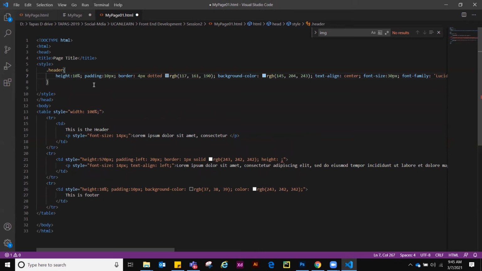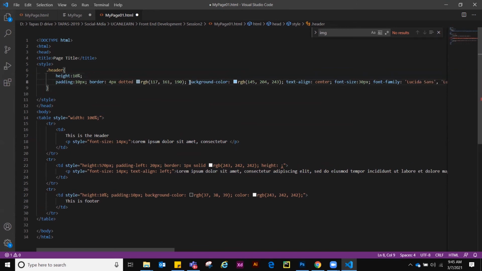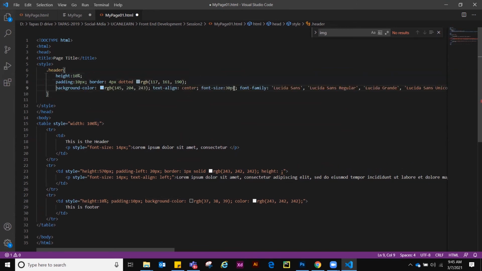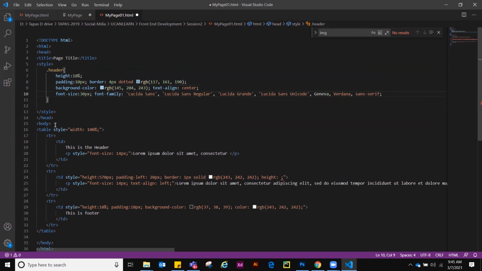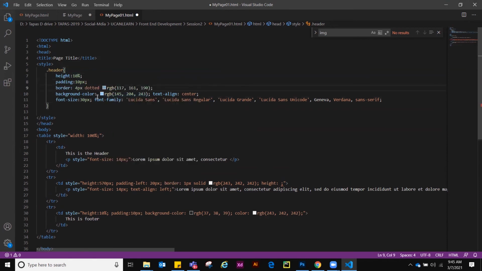This is also not a standard way to put this, so it should be line by line. When we put this line by line, it helps us to scan properly. So height is 10%, padding is 10 pixel, border should be in the next line, background color, font size.